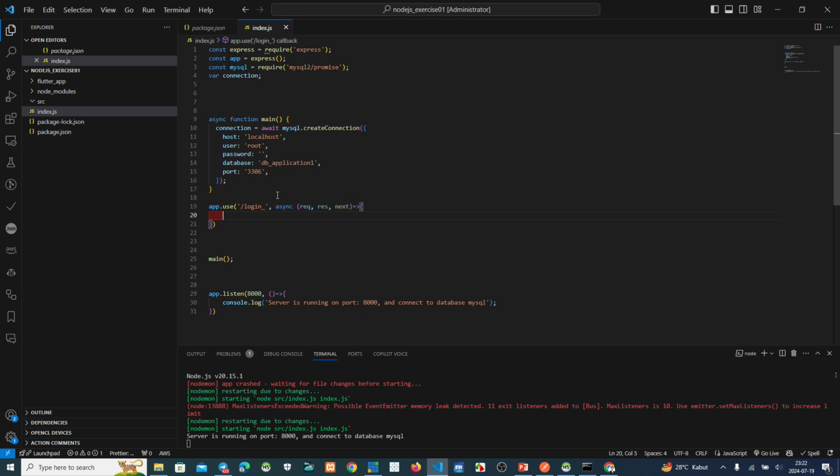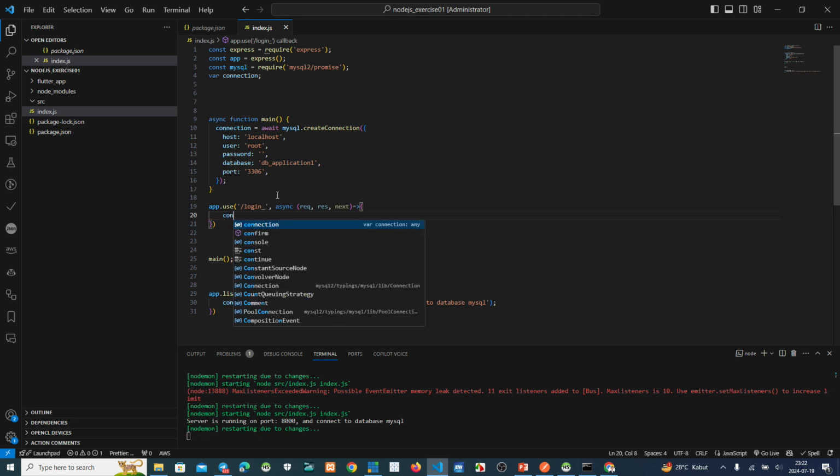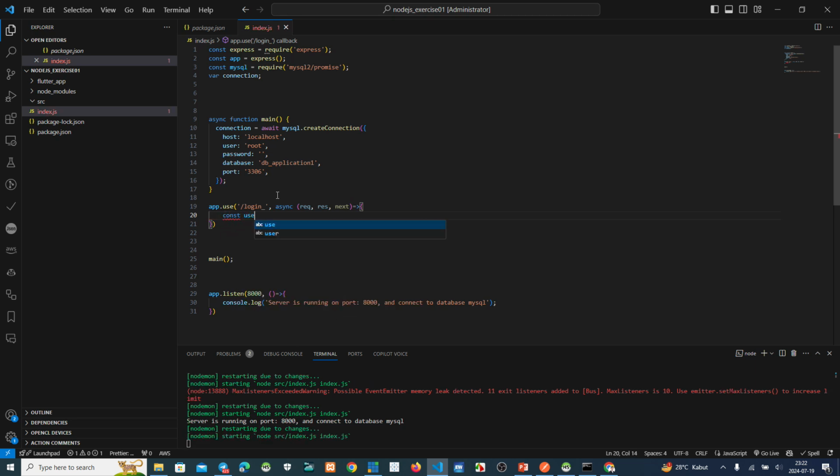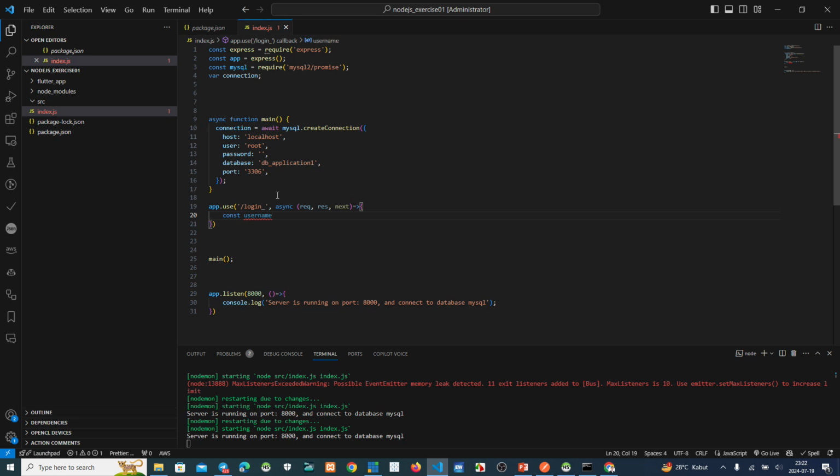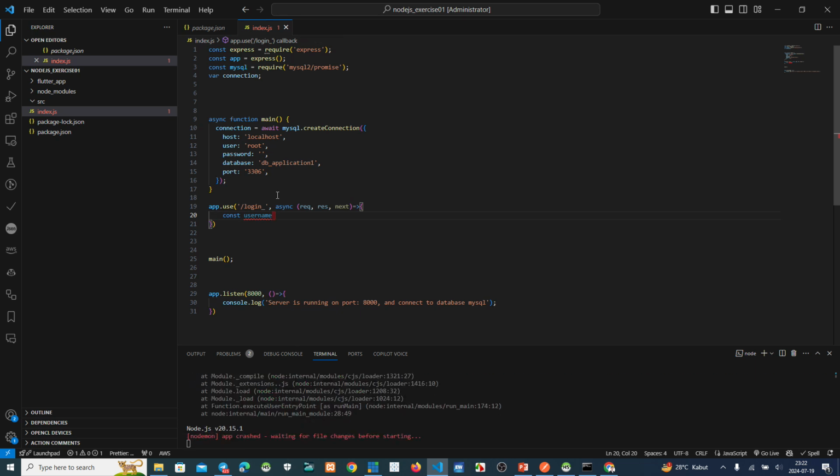Because we want to send two parameters. The first one is the username, from the request body.